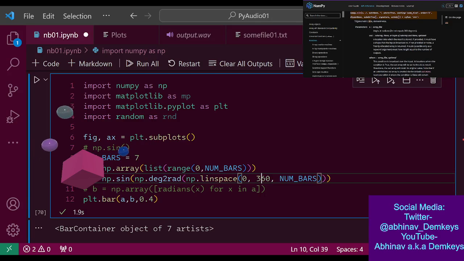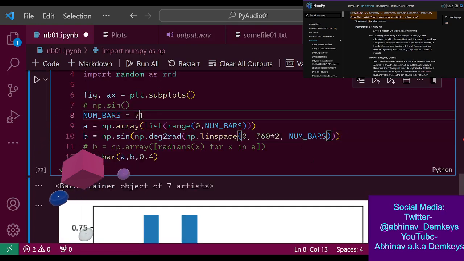Would I just have to increase the max value? No, I need to increase. Well, no, hold up. Yeah, I think that makes sense, right? Increase the max value. So if I do this and then I do this, now we have 2 full cycles.